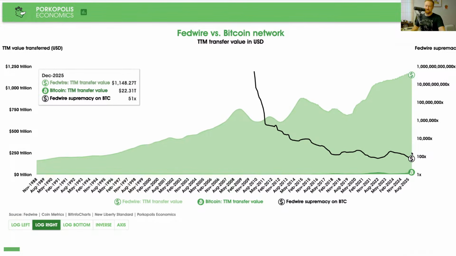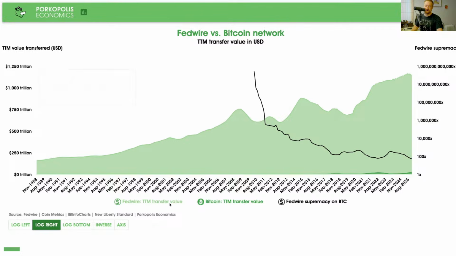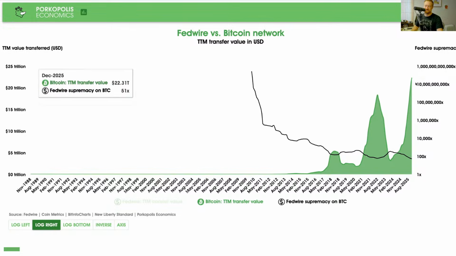Bitcoin, interestingly, is growing as a network would relative to the Fed. And the Fed grows exponentially, but Bitcoin grows in power even here. Even though this is so small, right? 22 trillion in value over the course of a year. And by the way, let's see when it topped.